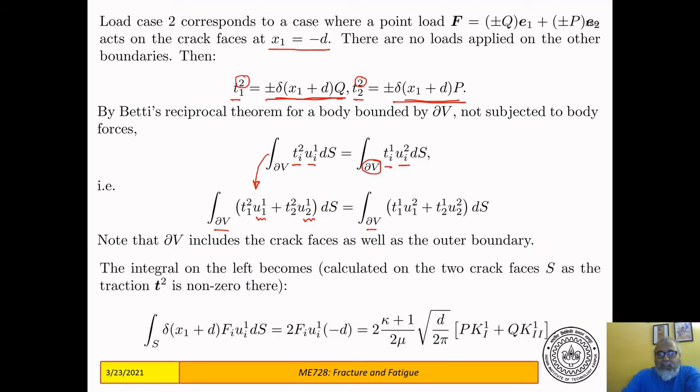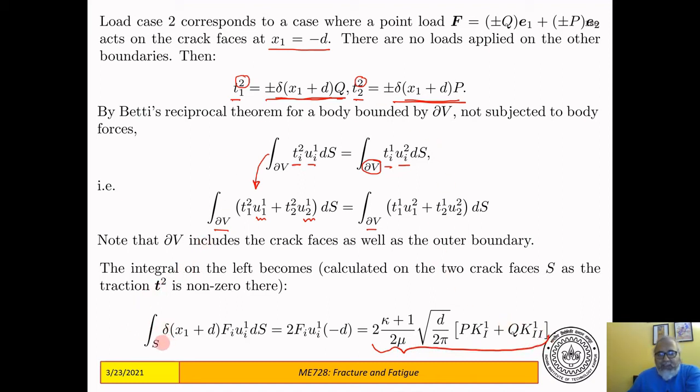So if I use that expression, then I can easily convert this integral, put the value of T12 and T22, and then put the value of U11 and U21, we will find that this is the result of the integral. This is very easy to find